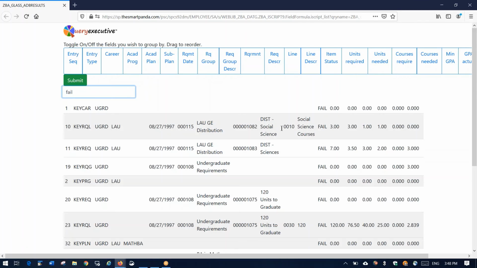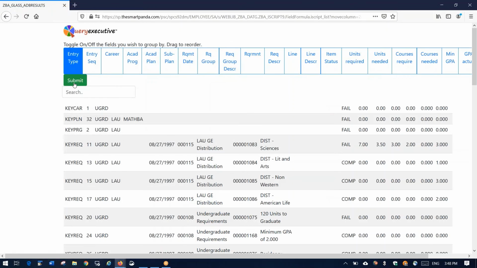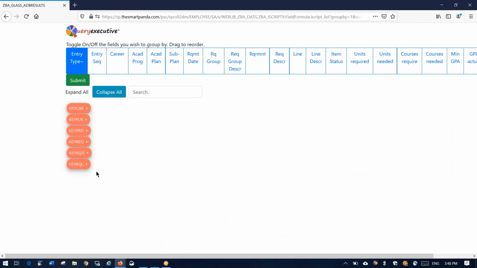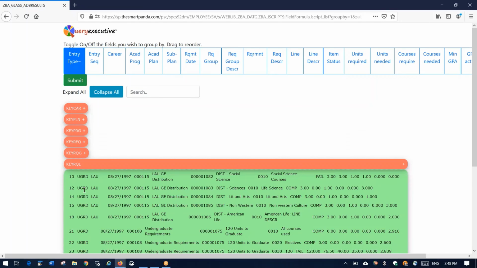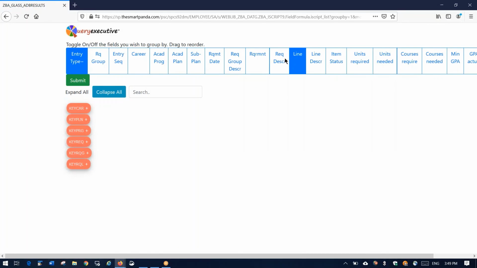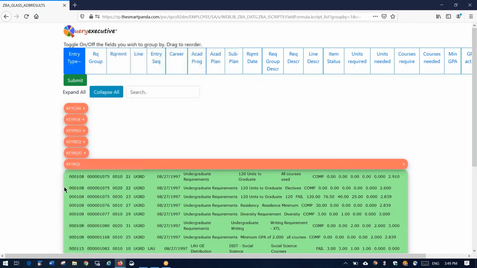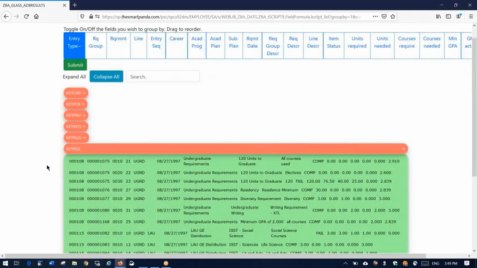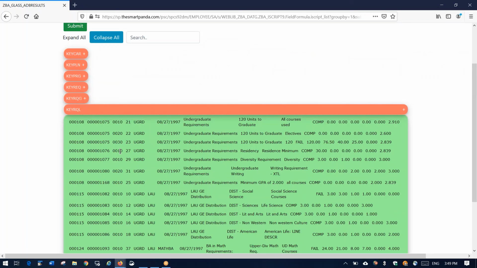So if I take my entry type, and I'm going to group by entry type, then I can quickly see my requirement lines. Let me make the group next, and the requirement next, and the line next. And take a look at my lines. Now I have my lines, my entry type, so I'm down into my requirement lines. Here's my group, requirement, and line, and it's automatically sorted by these, so I can quickly see here that